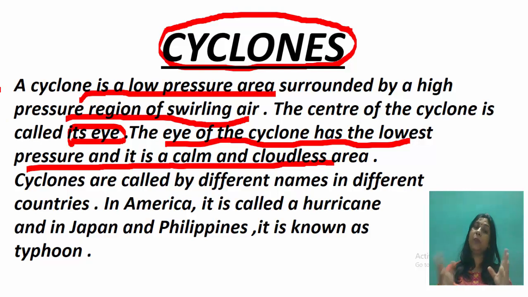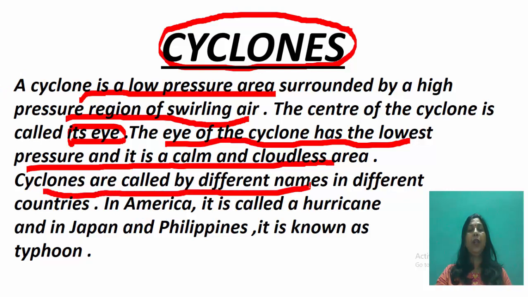जैसे कि साइक्लोन दिखता है, आपने previous video में देखा था, पार्ट 1 में, there was a cyclone. तो साइक्लोन का जो सेंटर होता है उसको आई कहते हैं, और आई पर सबसे कम प्रेशर होता है, बहुत कम होता है, मीन्स बहुत शांत, और वहाँ कोई क्लाउड्स नहीं होते. It is a very quiet area, very calm area. Okay,